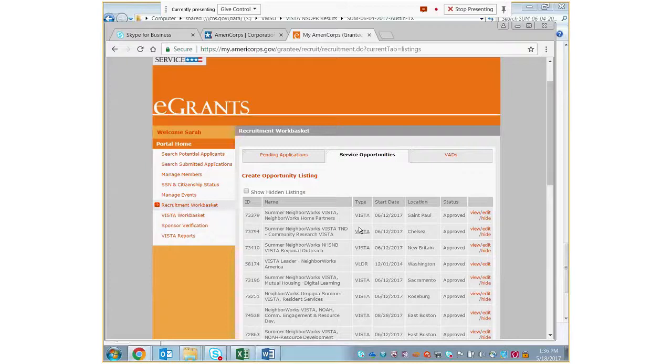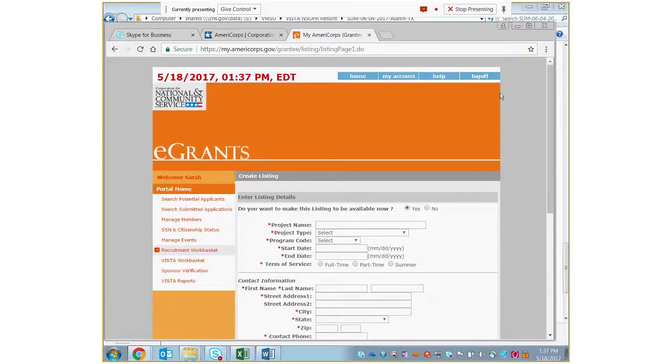To create a brand new opportunity listing, which is what you should all do, you're going to click on this Create Opportunity Listing tab here at the top. And I'm going to talk about some very important notes once we get through creating the opportunity listing that I really want you to jot down and remember. Maybe Debbie can even include additional details about some of these, I would call them pain points in our system, a little later after the call. But what we're going to do is create a new opportunity listing, and I'm going to explain to you the importance of the various fields within the opportunity listing.